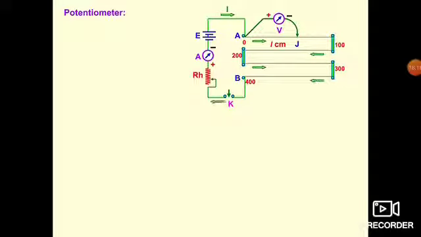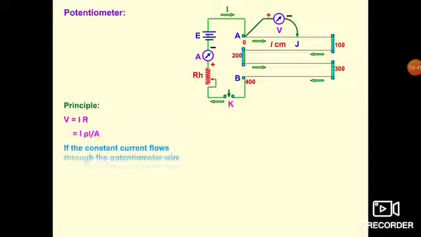Now the current is flowing like this from the positive terminal of the cell. Current I is flowing. It is entering A. Then it will not go in B. Practically it goes, but we assume that a voltmeter has a very high resistance, so no current is flowing. That's why we say all the current is flowing in the potentiometer only. And while taking the closed path through key K, rheostat and ammeter, it will again move to the negative terminal of E.